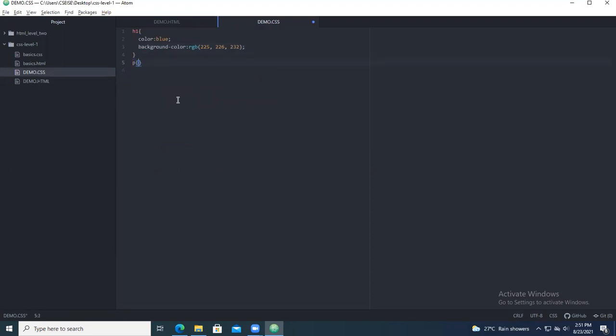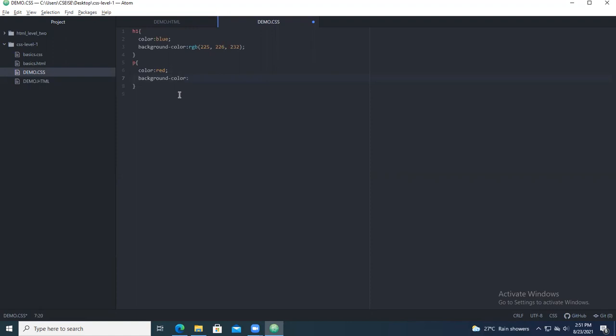So you take brackets. So under this, you give something called color colon green. Sorry. Okay, I will give it as red. Okay. So semicolon. Next, you take background color colon.